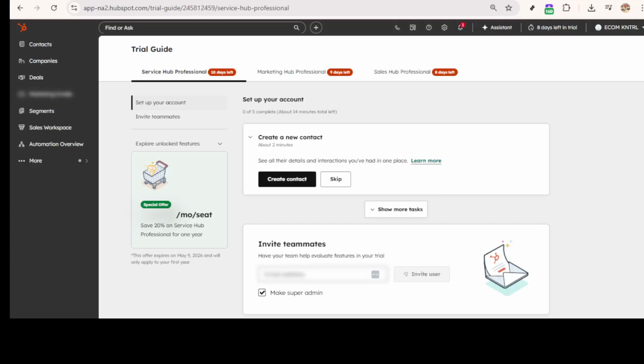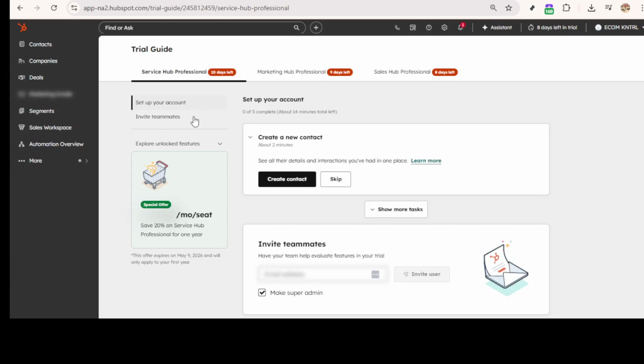In today's video, I'm going to teach you how to prevent spam form submissions in HubSpot. Spam can creep into your CRM through open forms. So the goal here is to harden a specific form using built-in settings without adding complexity for real visitors. I'll walk you through the exact path in the HubSpot interface and explain what each action does so you know